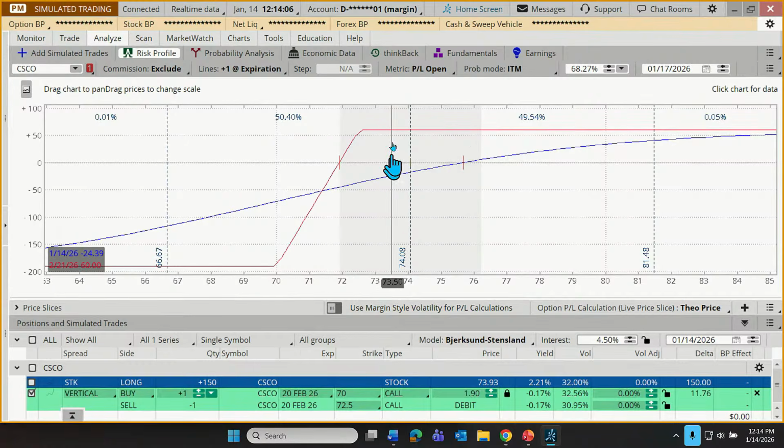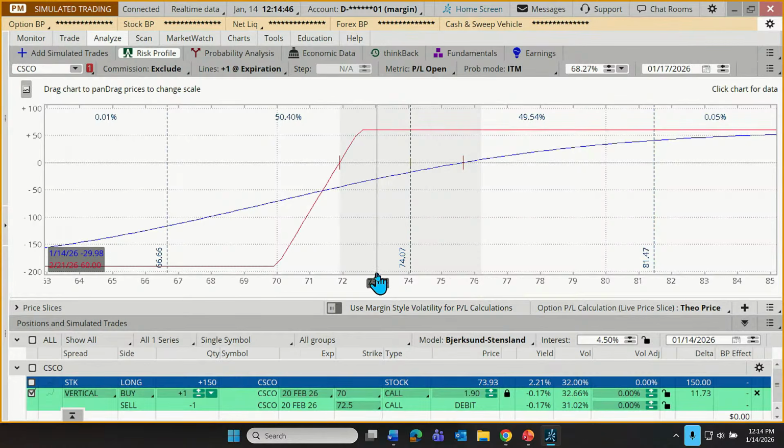So if we look at the profit line up here, we can answer the question, I wonder how this vertical spread is likely to do at expiration if we go from 74.08 up to $75 or $76. Well, if I go to 76, it intersects with our profit line up here and displays down in the lower left the outcome of that trade: a $60 profit, setting commissions aside. Now, what if the stock didn't go up? What if it went down to 73 and we hit expiration? Well, that would still be above our vertical spread, and we'd still be at our maximum gain of $60.